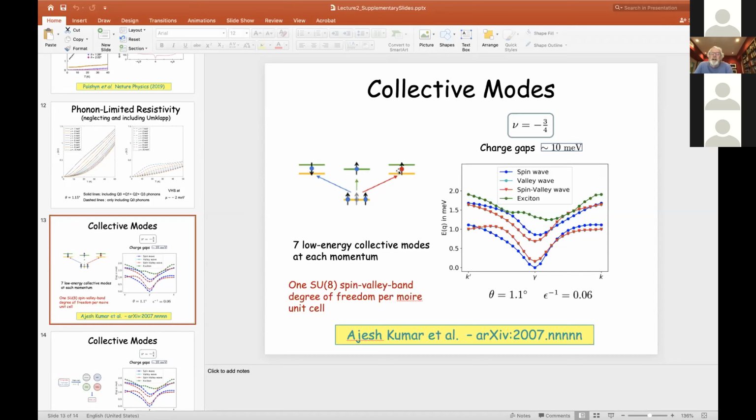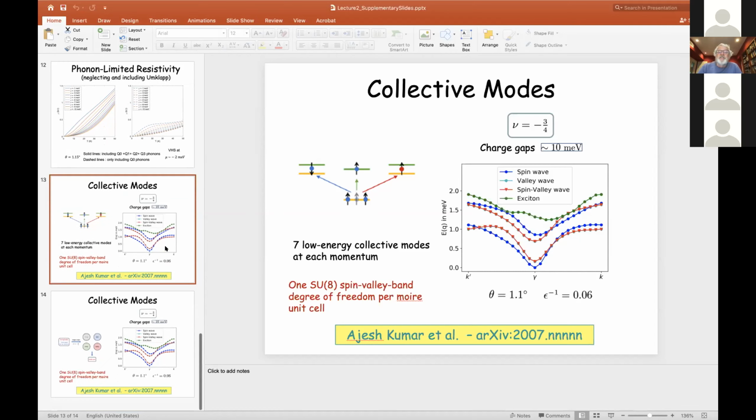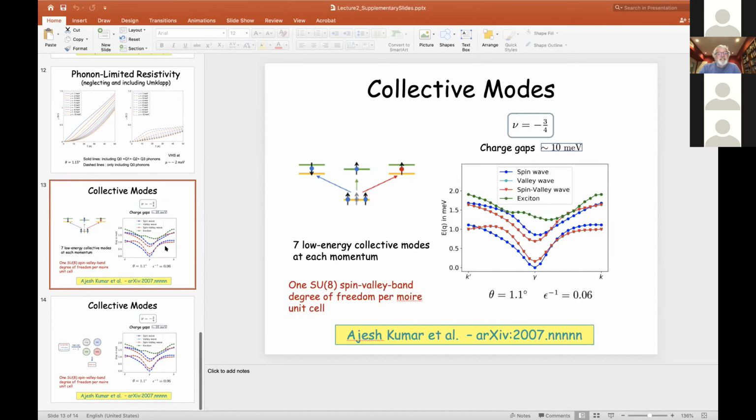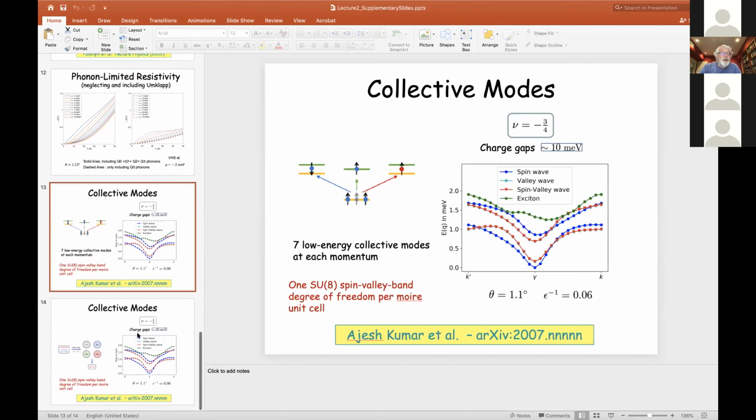What these 1 electron states are basically is an SU8 degree of freedom, SU2 cross SU2 cross SU2 for spin and valley, which you might expect, but also for this sublattice degree of freedom within the lowest Landau level. The 2 somewhat complicated things in this case are being brought down to low energies. And so I think that there's robust low energy physics that has nothing to do with fermionic quasiparticles in the insulating